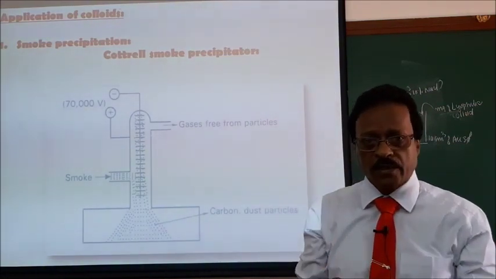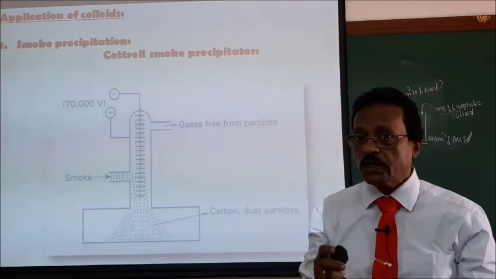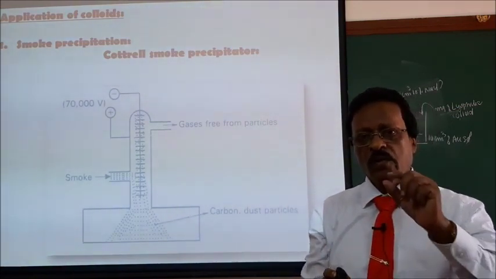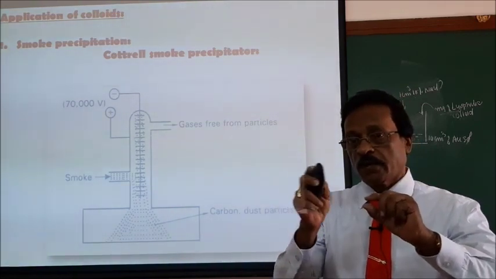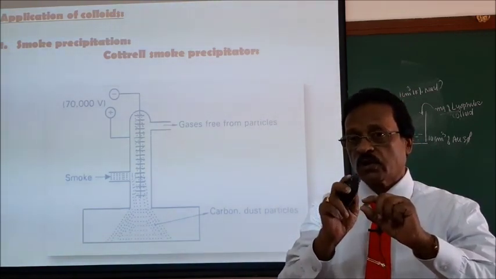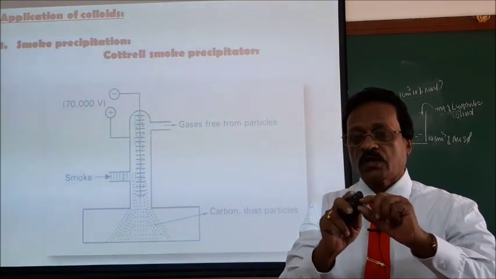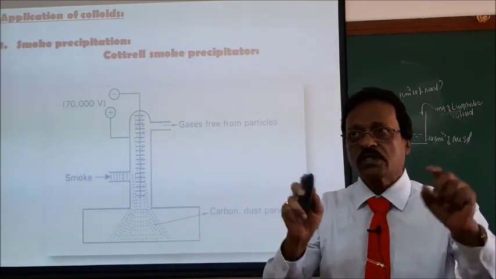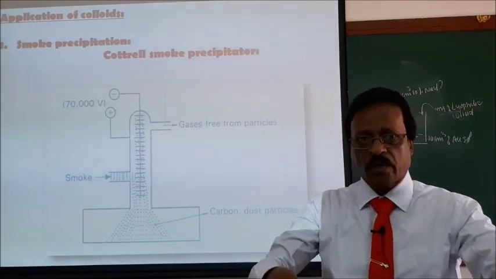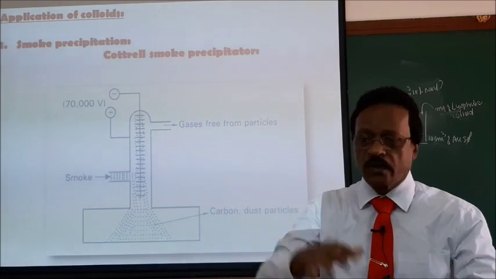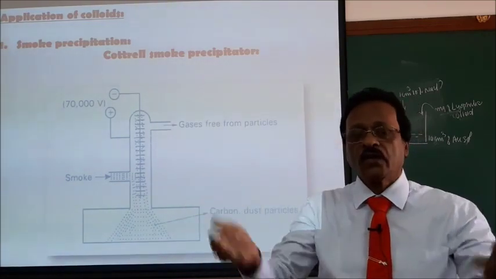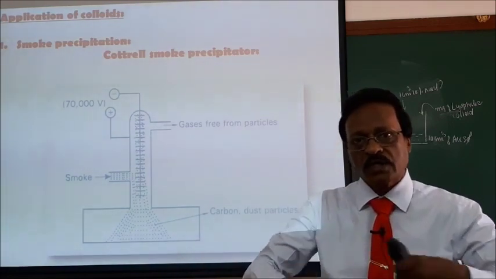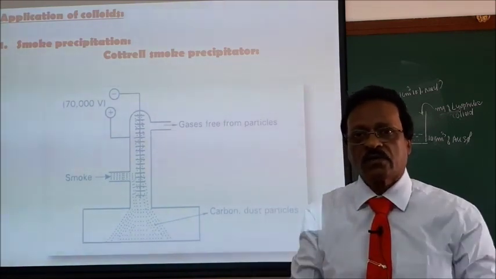If you come to the colloidal principle, what is smoke? Smoke is an aerosol. What is the dispersed phase, and what is the dispersion medium? In smoke, carbon particles are dispersed in air. Colloidal particles show Brownian movement, optical and electrical properties. They carry charges, they don't settle at the bottom, they move continuously and stay dispersed in the air. If you inhale, they go to your lungs. Once they enter the lungs, what happens? Cough, asthma, all because of environmental pollution.